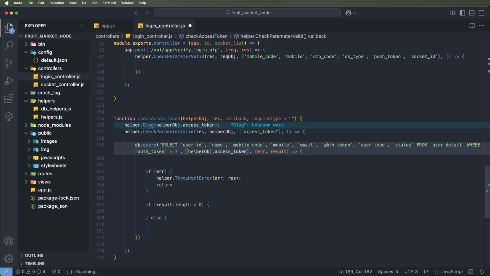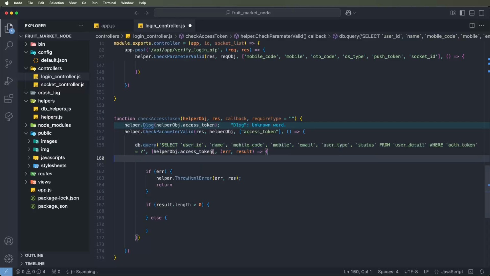We also need to remove the access token, as there is no need for this value. We need to get this data and also check the user status, all levels need to be put here, and we need to set the status